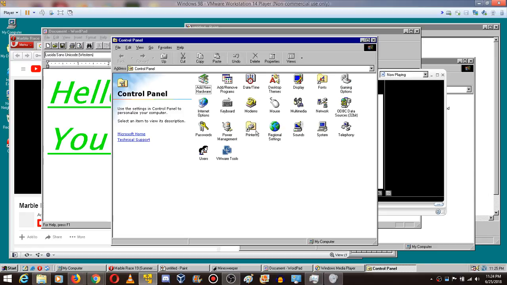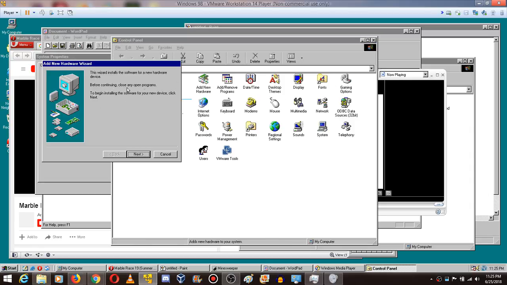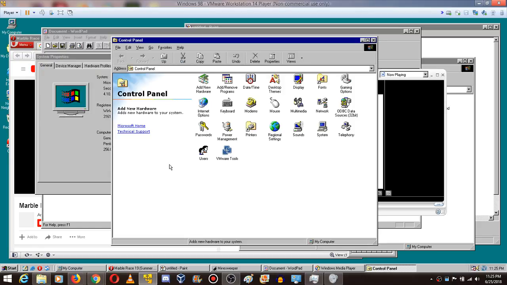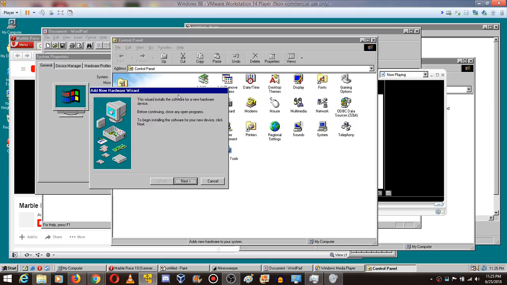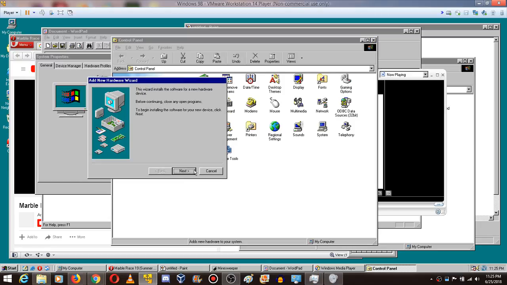You can still get to what the system is. You can get to add new hardware if you want. And this is actually where you install drivers. Today you can download drivers off the internet, but before that there was some sort of new hardware wizard, and that's the only thing back then that